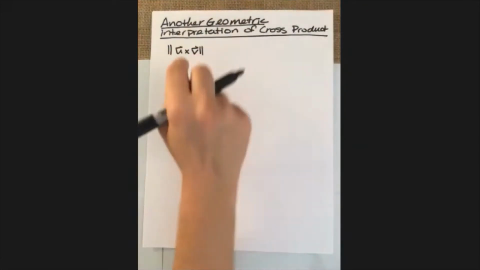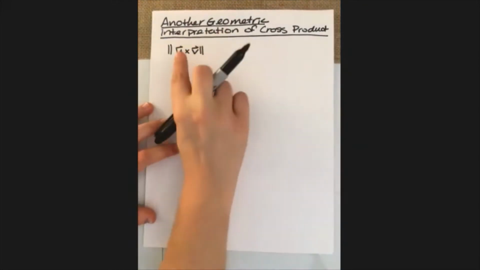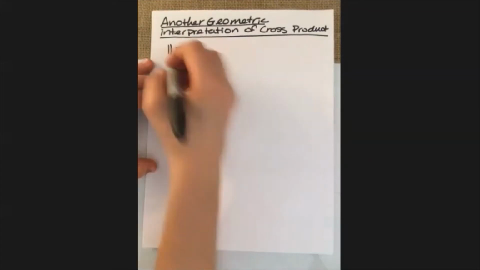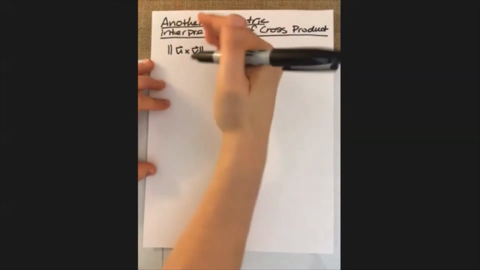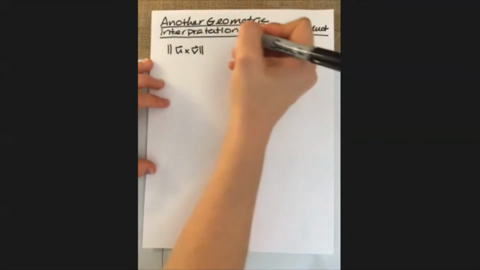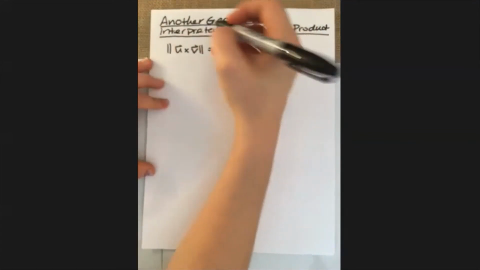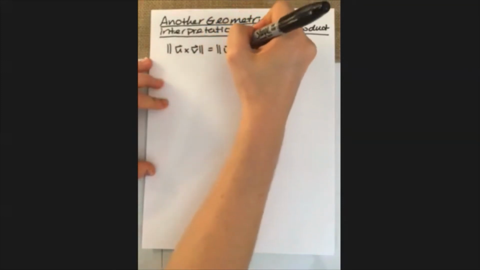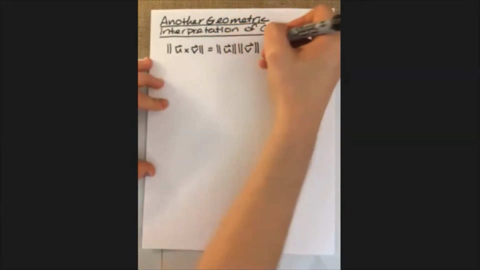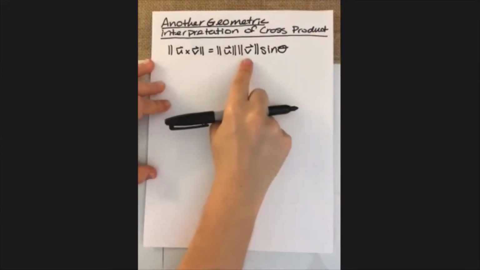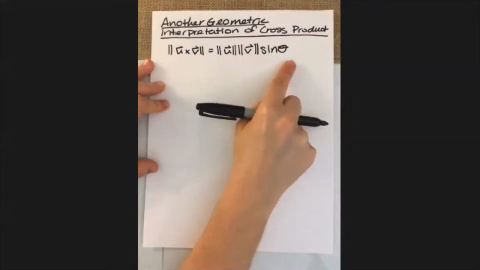So what does this length here actually mean? Because remember that the cross product actually gives you a vector back. So in order to get its magnitude, we have to take the length of that resulting vector. But this does actually have its own geometric interpretation. And we can write this using this alternate formula here. It's actually equal to the length of each vector times the sine of the angle between them,